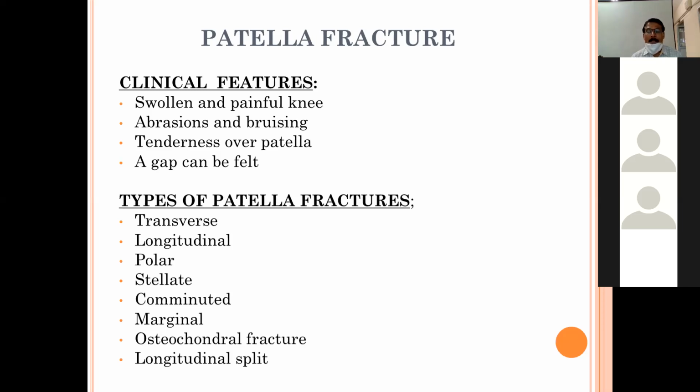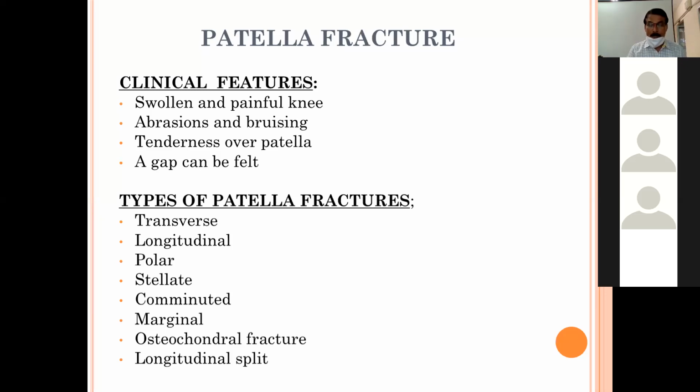Then osteochondral fracture is basically a deep-seated fracture, lying inside the patella, on the posterior surface, the articular surface. A small fragment is detached along with the subchondral bone from the articular surface of the patella. That is an osteochondral fracture. These are a bit difficult to see on a conventional X-ray. You need some special technique to see them, such as the tunnel view or skyline view.